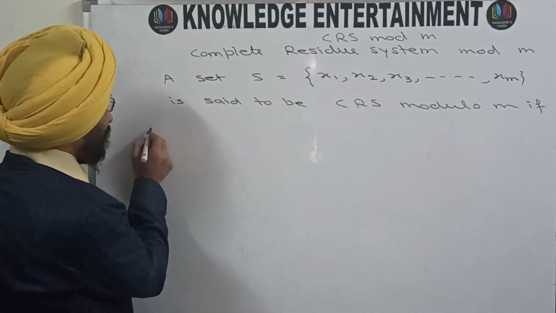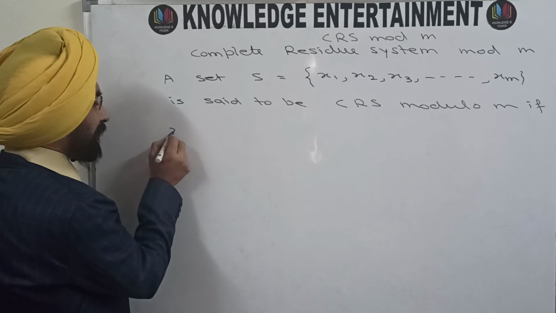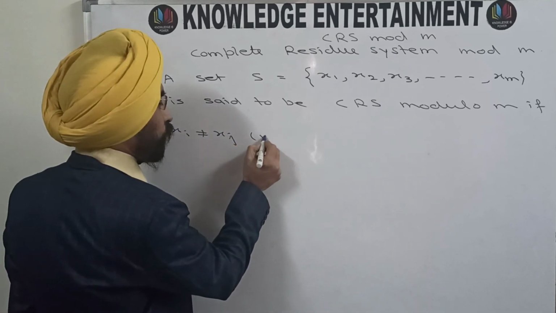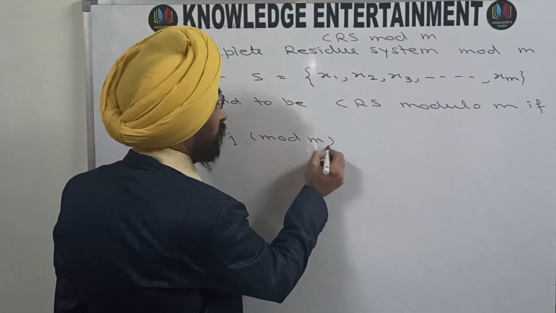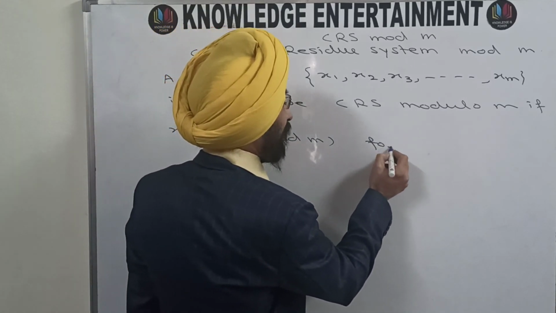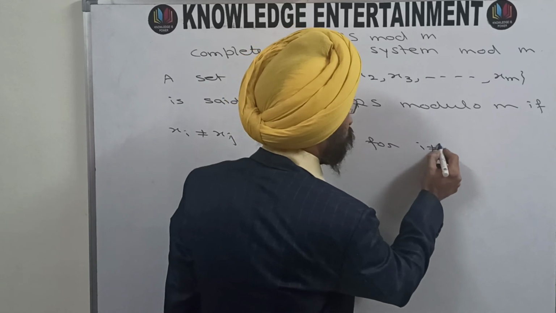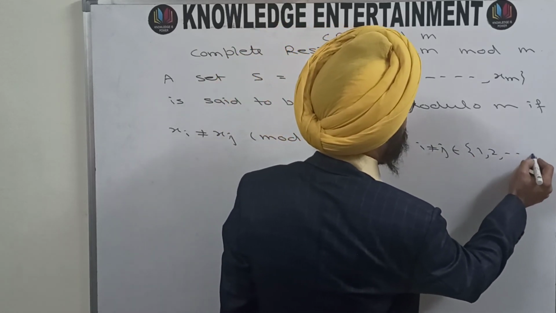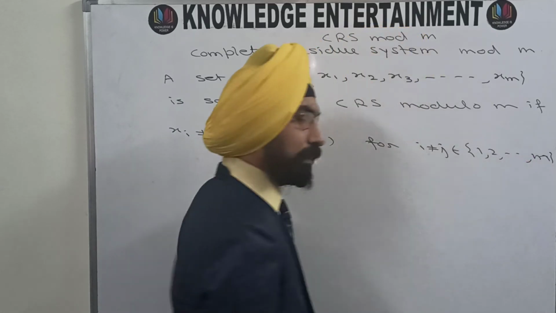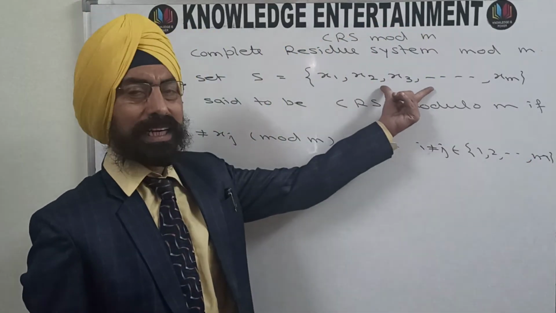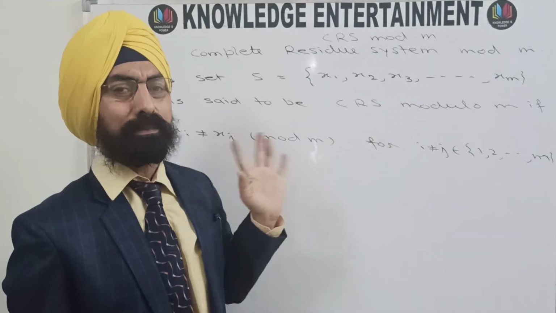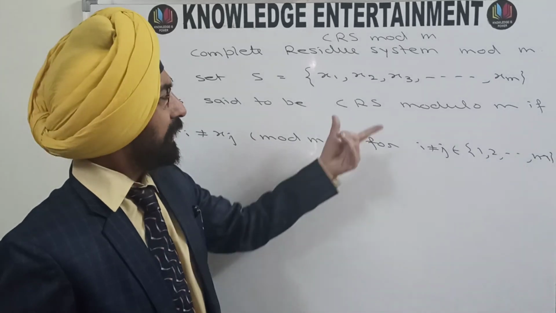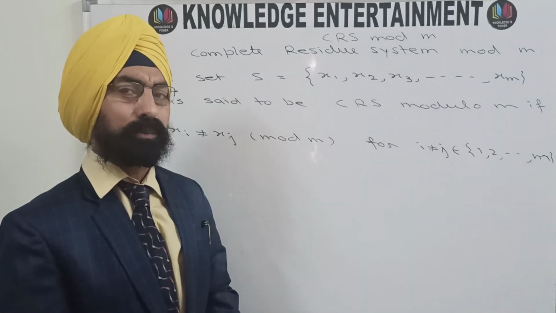If either xi is not congruent to xj modulo m for i not equal to j belonging to the set 1, 2, 3 up to m. That means no two elements of this set are congruent to each other modulo m. Either this property is satisfied, even then it will become a complete residue system modulo m,